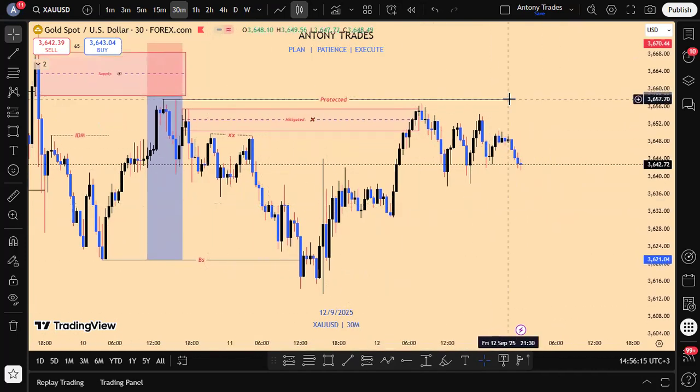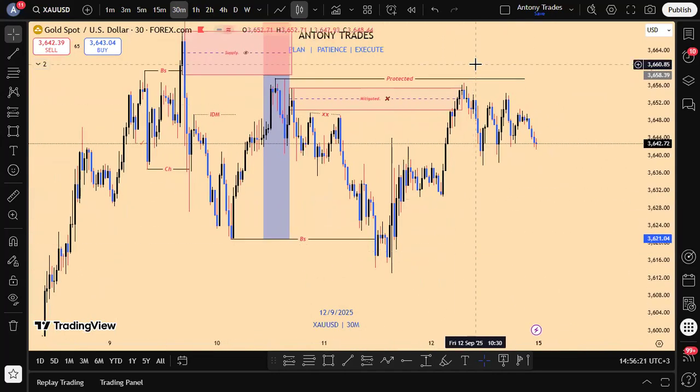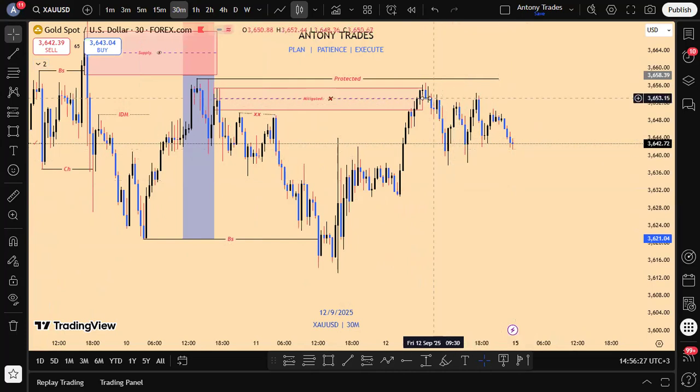If by any means the market closes above this high with a candle, then that means now we'll have our change of character and we'll look for a buy. But for currently, I'm still looking for a sell. So I didn't get a good change of character here for me to take a trade,